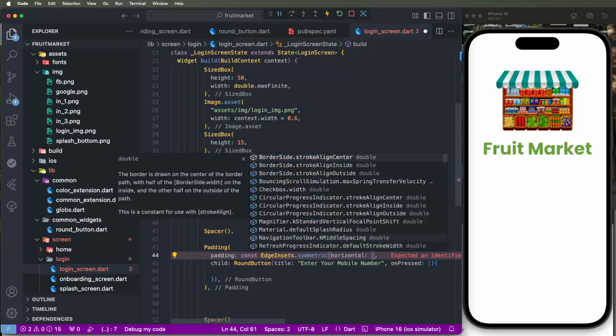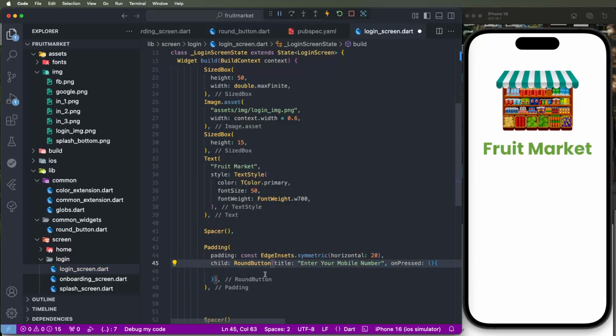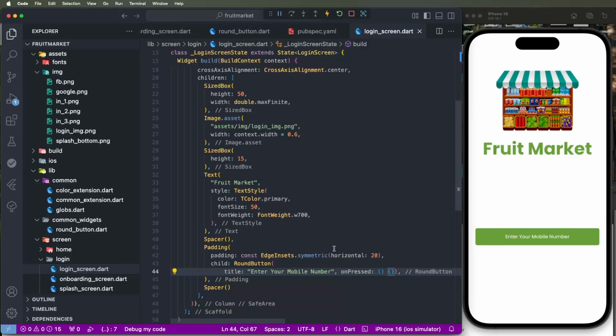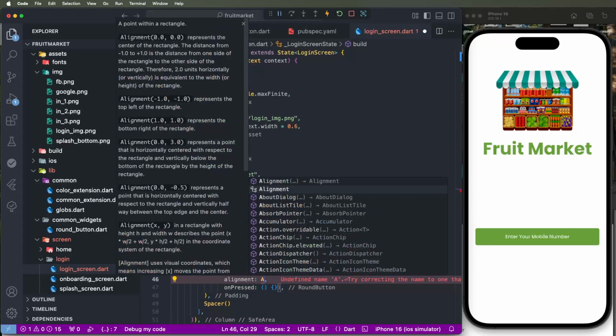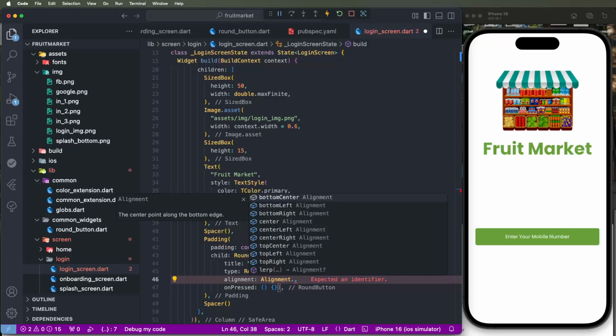We need to set 20 because of the max width, and it looks like this. Then after, we need to set the type and alignment, set round type dot line, and check the alignment dot